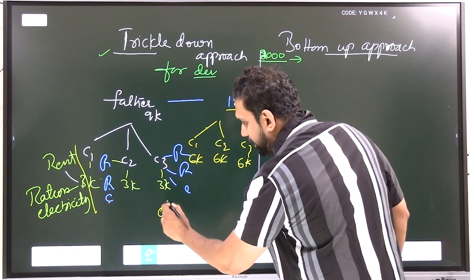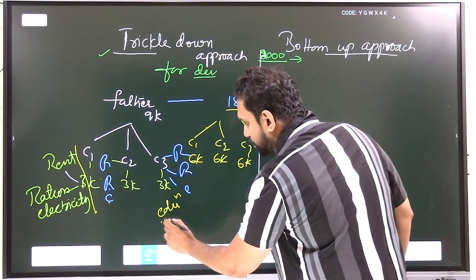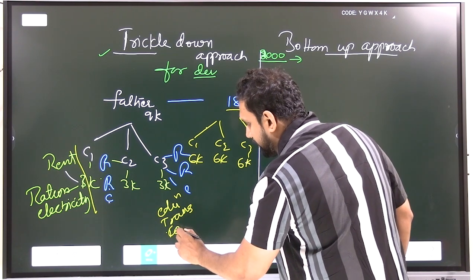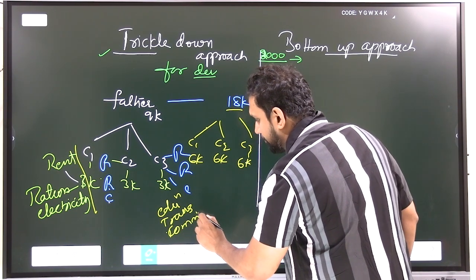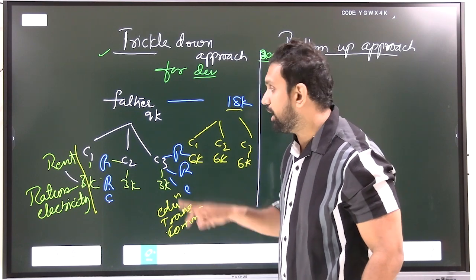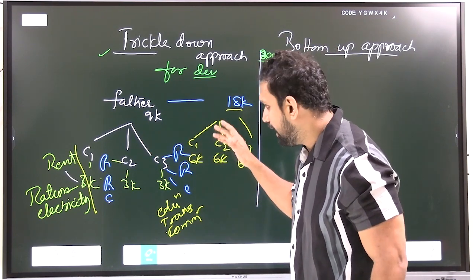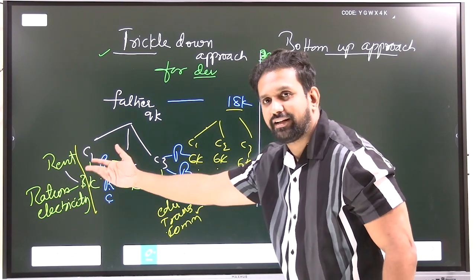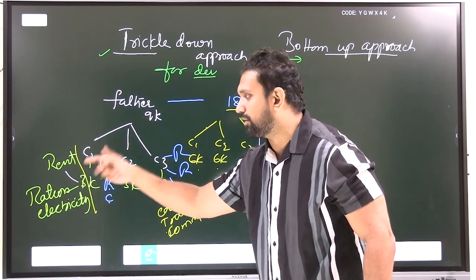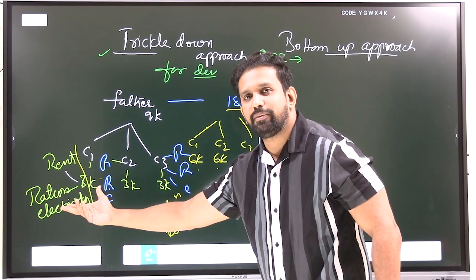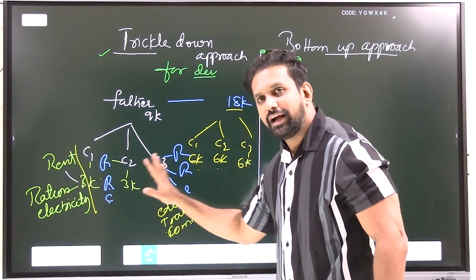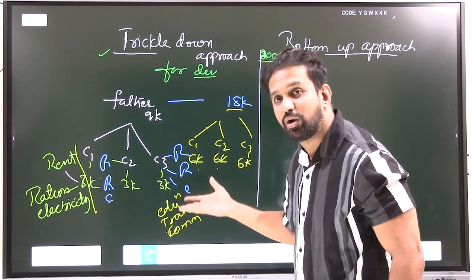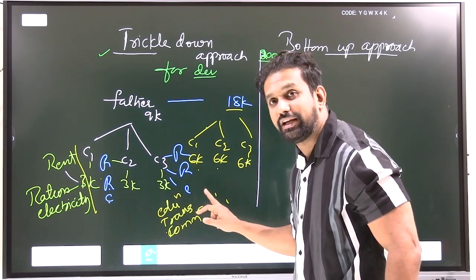They are able to fulfill their educational requirements. They are able to pay for the transportation charges. They are able to do the recharge, that is, they are able to pay for communication also. Means what have you seen here? If the father's salary increases, automatically the standard of living rises. When the father got 9,000, they got the minimum: out of 10 basic necessities, they got 3. Then when the father's salary increased to 18,000, they got 6,000 each. They are able to purchase more basic necessities, so their standard of living increased.